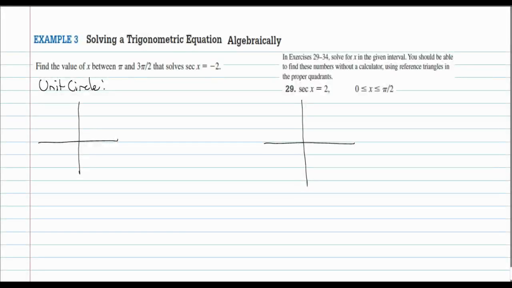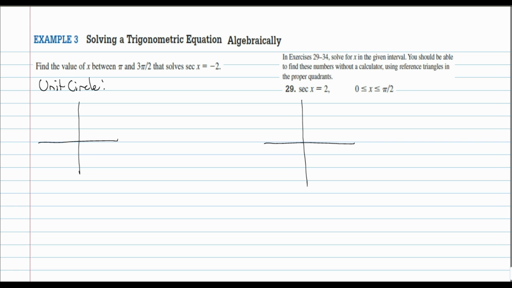This is the screencast for section 4.5, example 3, solving a trigonometric equation algebraically. So it says find the value of x between pi and 3 pi over 2 that solves the secant of x equals -2. Well, I already know the answer because of my flashcards and because of the unit circle and